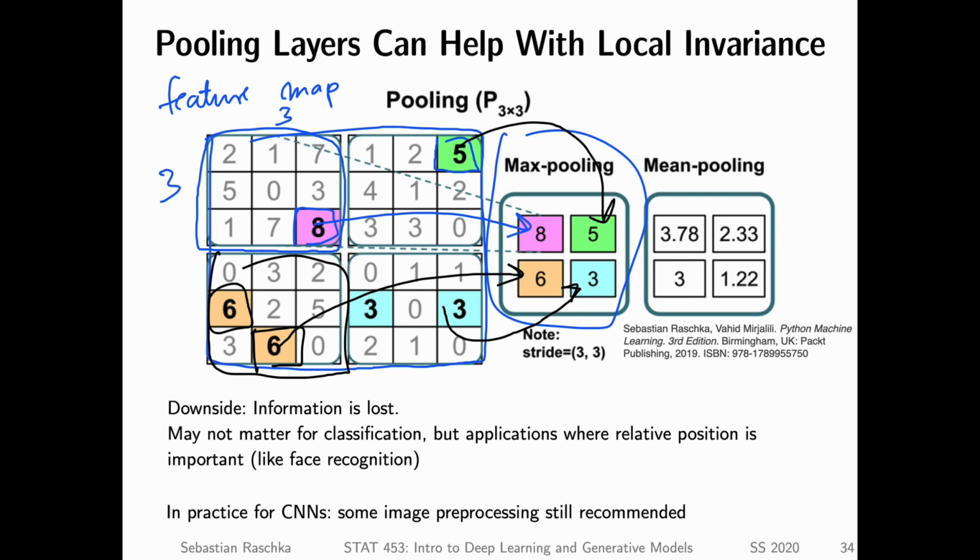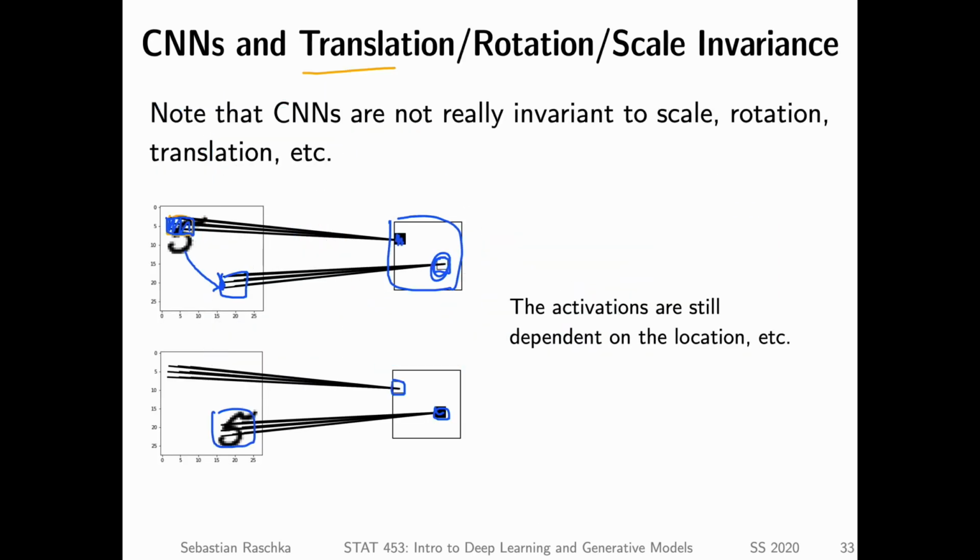With that information summarization, you can see it doesn't really matter that much anymore where the largest value is located. For example, if this 8 is here, it doesn't really matter, it still gets summarized into the same position here. If I go back to this slide, we still can't achieve such a huge invariance to this big difference between these two numbers. But if we apply a lot of layers and a lot of pooling layers in between, we can get a little bit more scale invariance or translation invariance, because